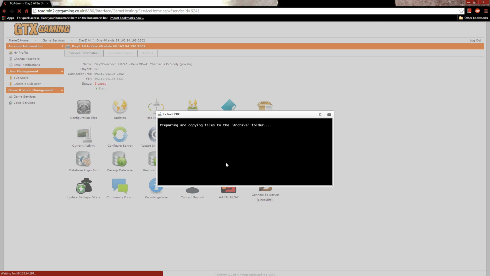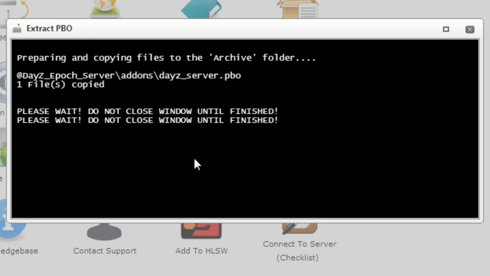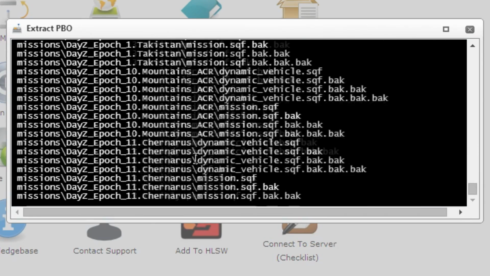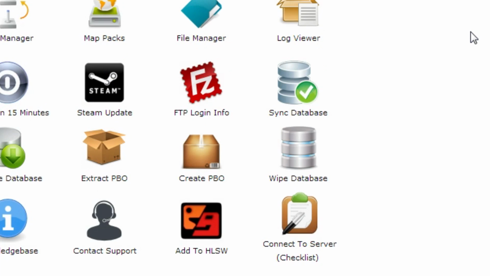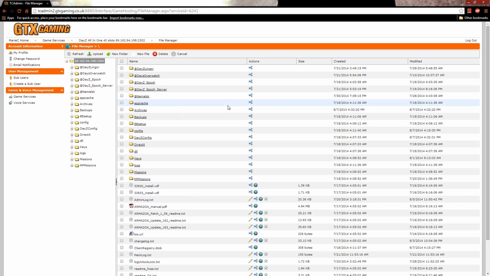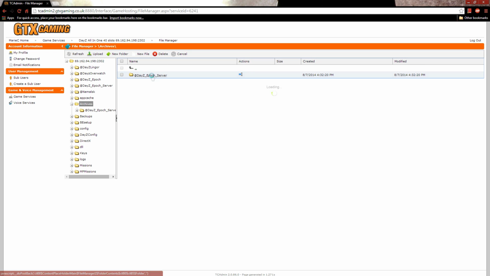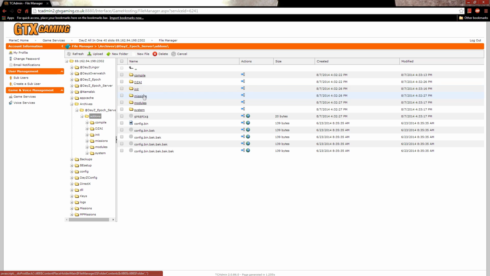It's really important that you wait for the script to finish. So wait until it says that you may close the window. Then, close the window. Now click on the File Manager icon again and navigate to Archives, then @DayZ Epic Server, then Add-ons, then Missions, then DayZ Epic